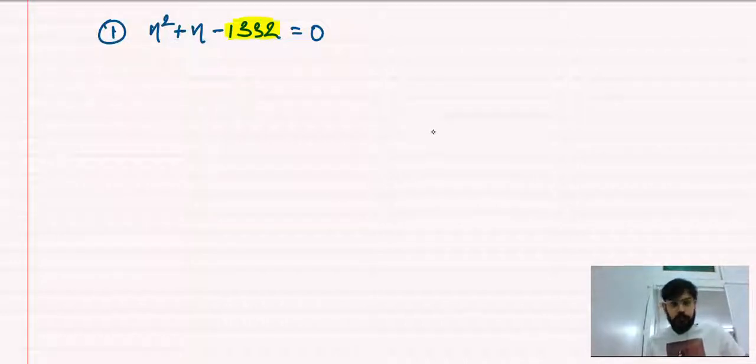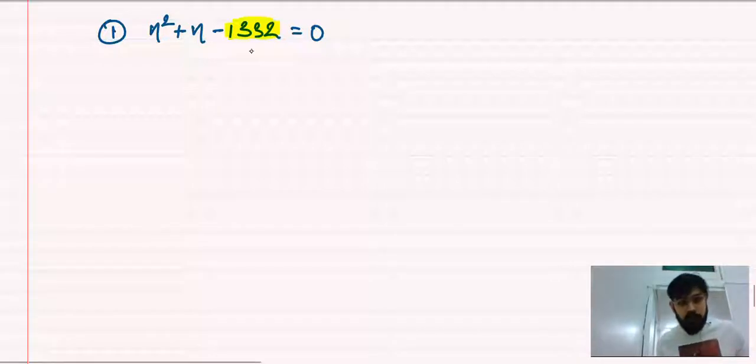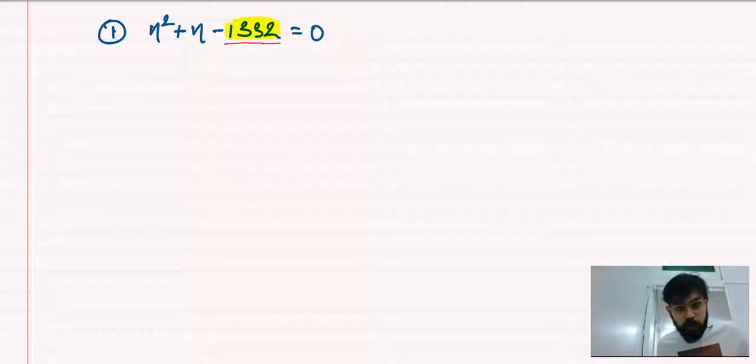So the first step is, I always tell, when you want to solve a quadratic equation by the method of factorization, we are not using the quadratic formula. We are only splitting the middle term, that is factorization for quadratic equations. So what we do is, the first thing, we take the constant term with its sign,